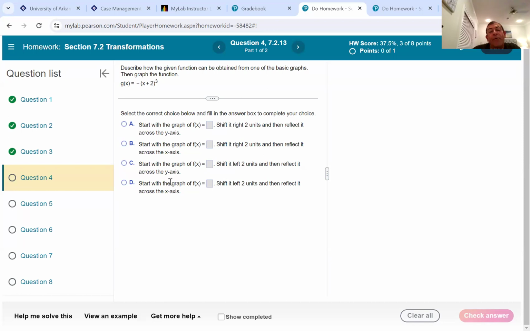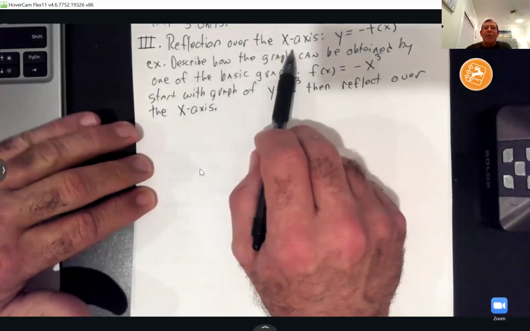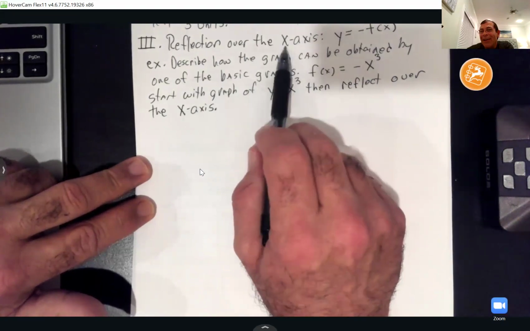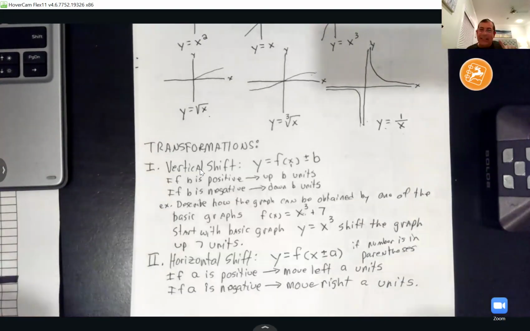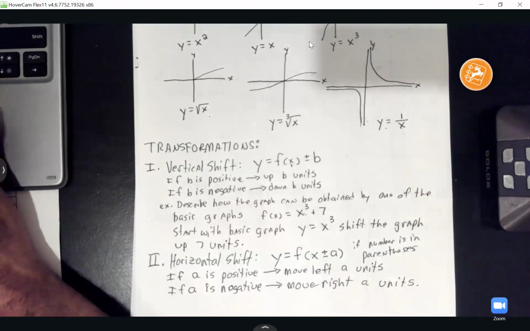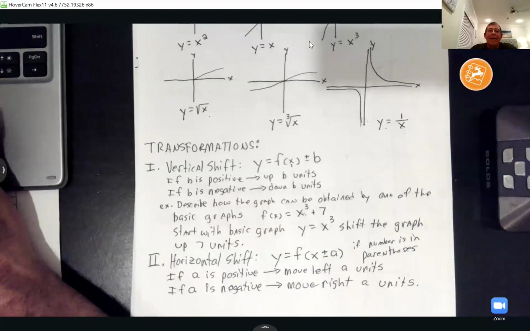Well, that negative in the front, is it reflecting me over the y-axis or the x-axis? Would it be the y-axis since it's negative? Well, let me see here. I only gave y'all one, remember, so let me go back to that note. And look here, the only axis we reflected over was the x-axis. So do not pick y-axis on this at all, because we're not flipping nothing over the y-axis, okay? So that means